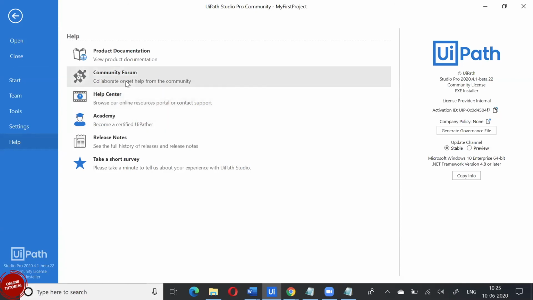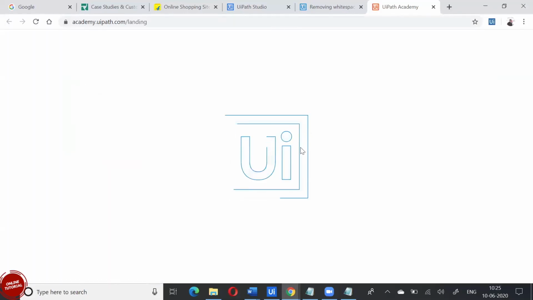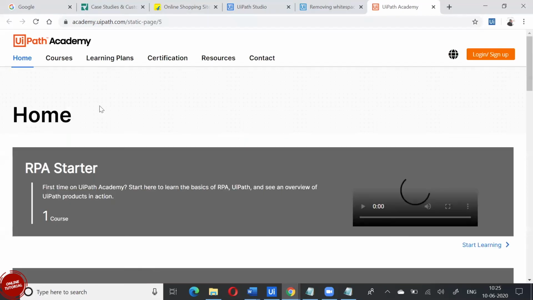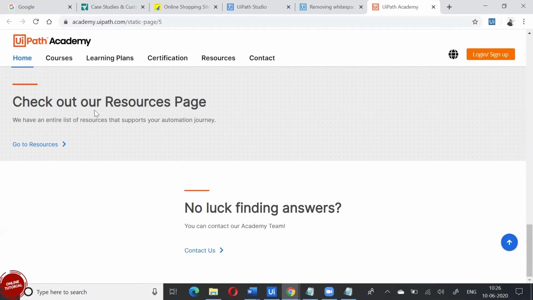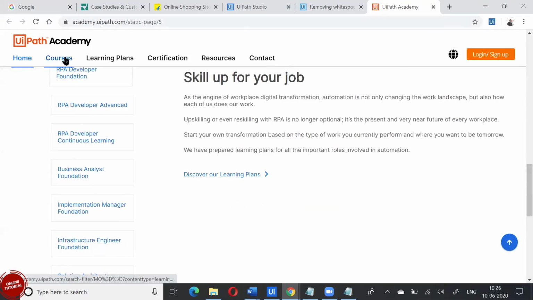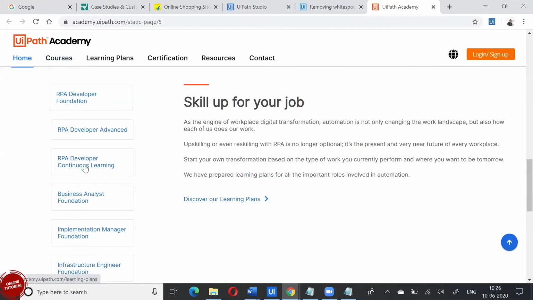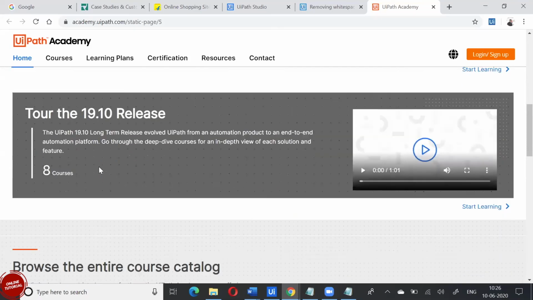And then Academy. This is where it takes you to the UiPath Academy to do the certification. This website helps you complete certification based on what kind of profile you want. They have multiple courses available.